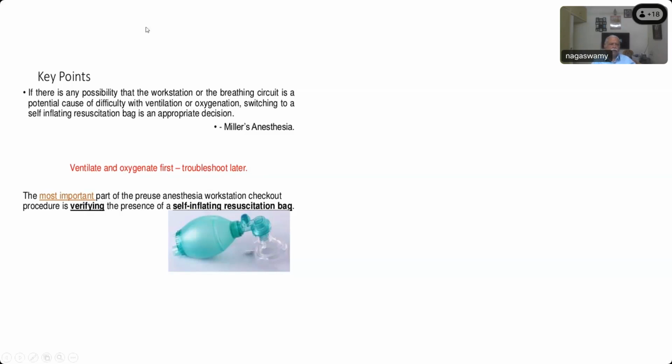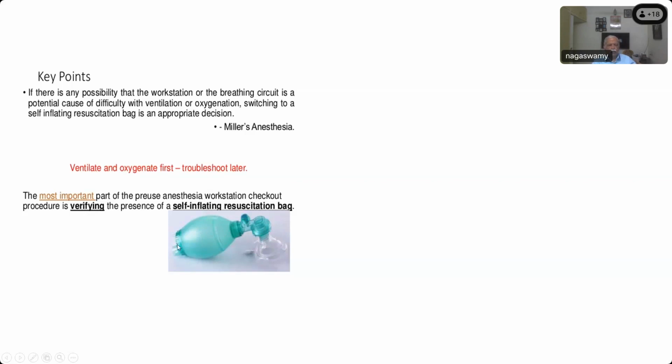So this is a very important point all of you should remember. In the exam they will ask you what is the first thing you will check when you start going into the theater. Always routinely check whether you have a self-inflating or an Ambu bag in working condition. Because we don't use it regularly on an everyday basis, unless you have a theater from where you transport a patient with an endotracheal tube to ICU for